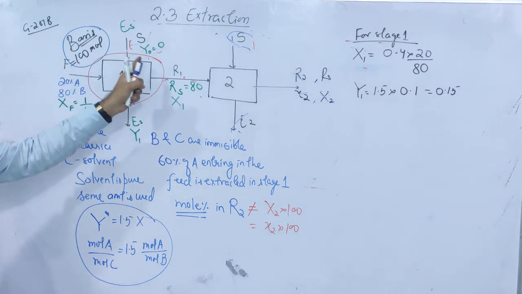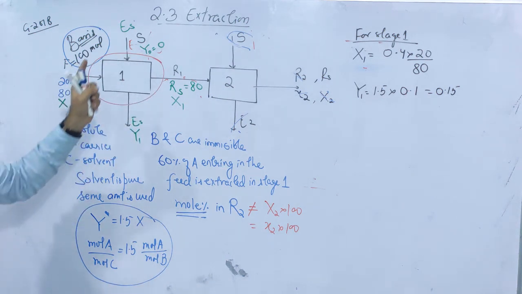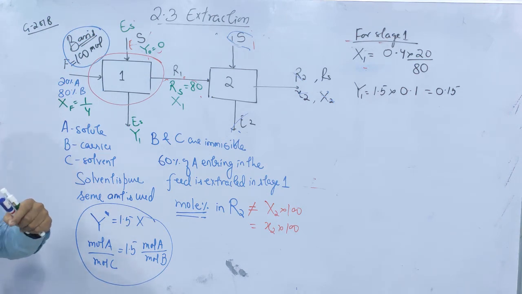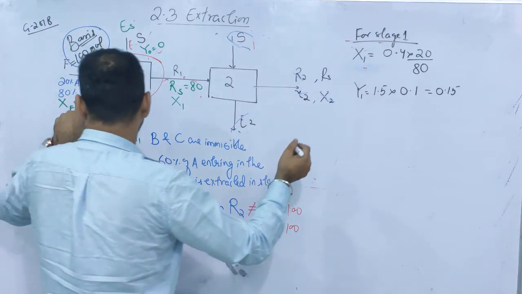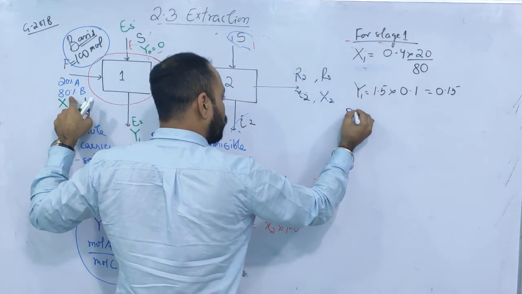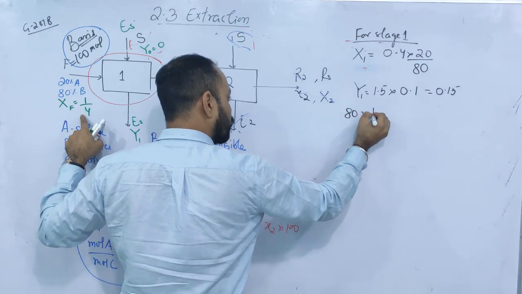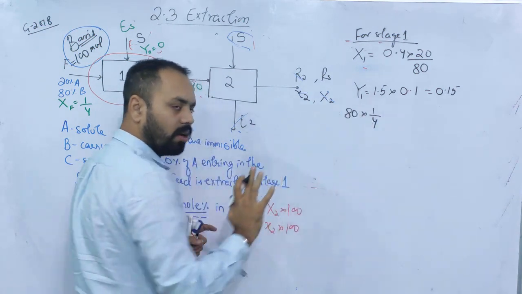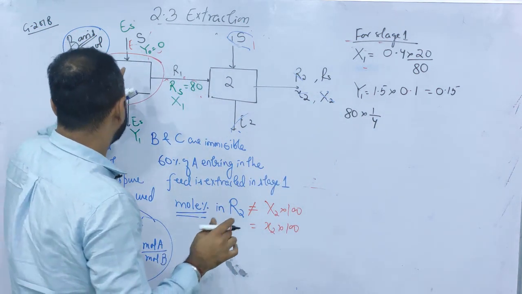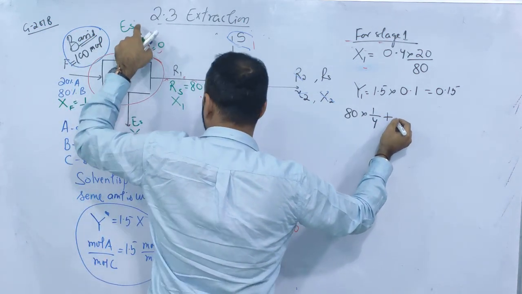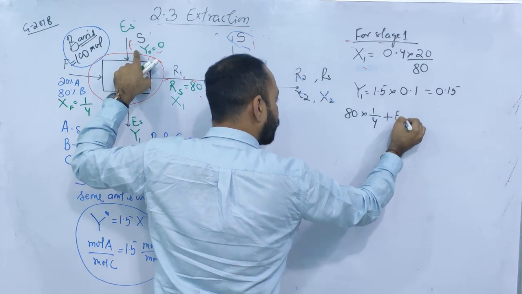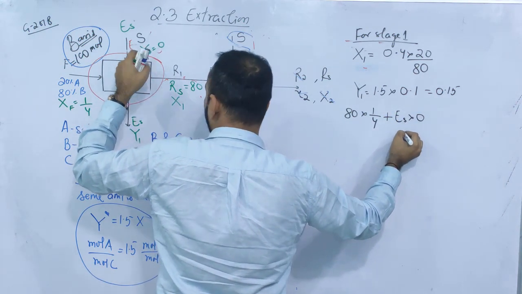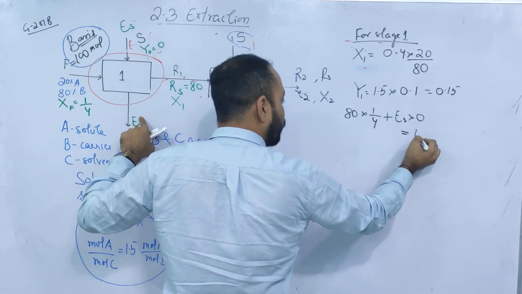Now if we write the material balance for stage 1, we can calculate the amount of solvent that was used in stage 1. So this gives you 80 into XF, which is 1 by 4. Please note that this is solid free flow rate, this is solid free concentration, so no problem. Plus, there is no solute entering here, so that is ES multiplied by 0 is equal to ES multiplied by Y1